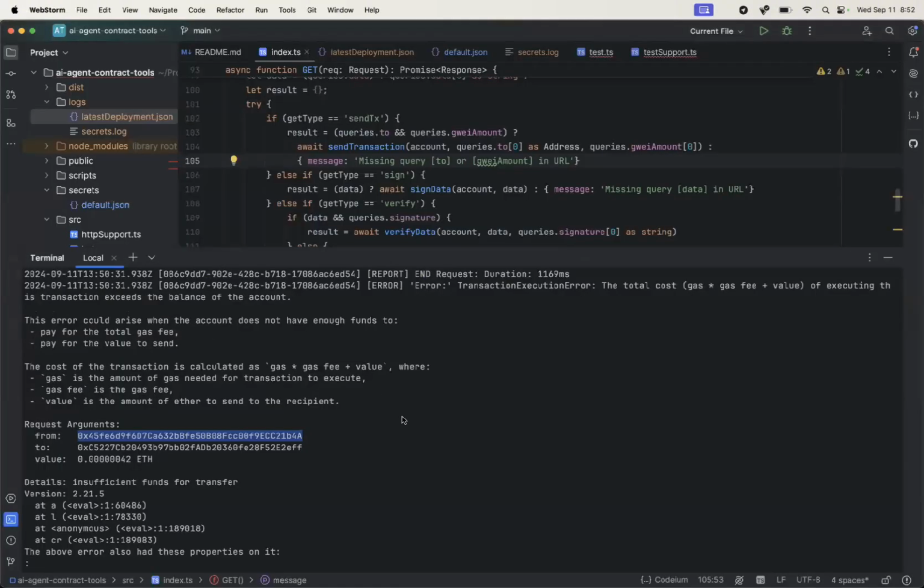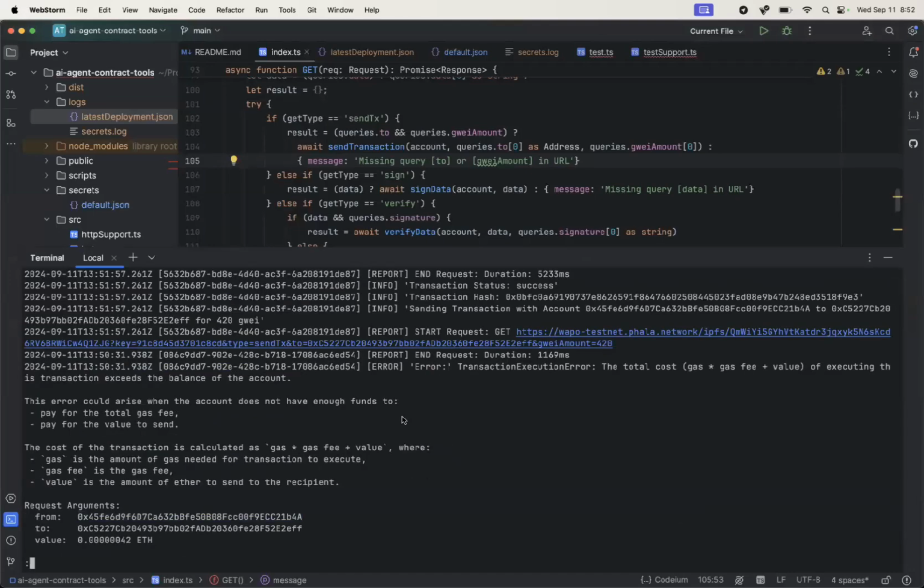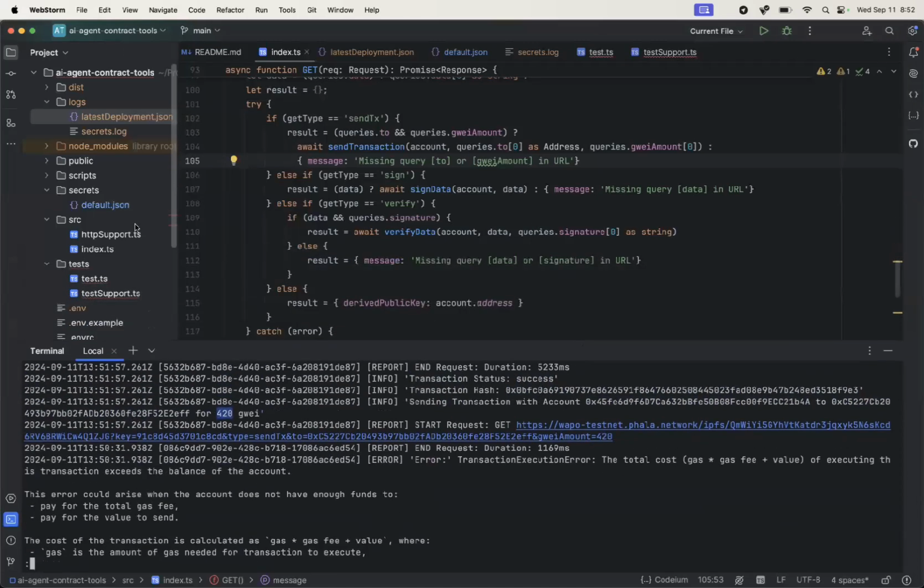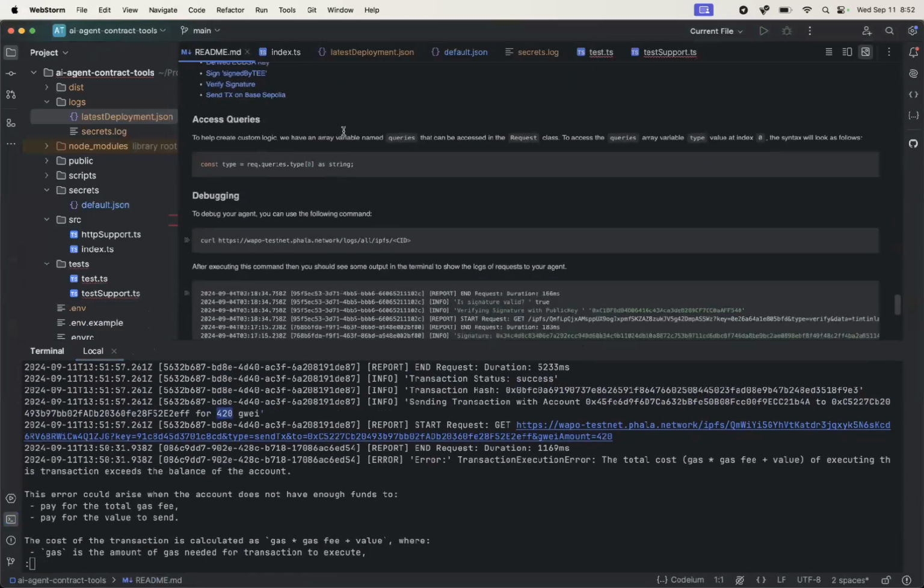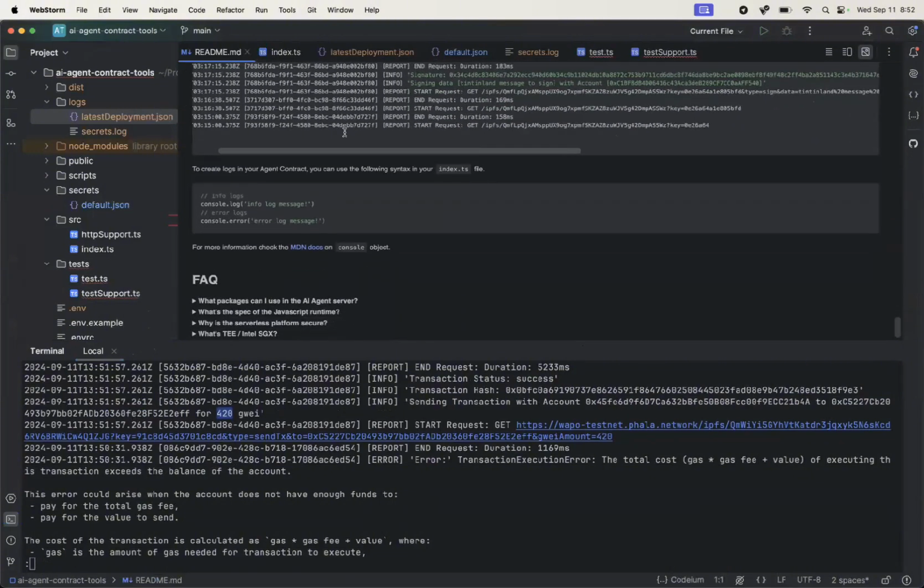And if we go back here and look at the logs, then we can see the logs that we printed out where we get the success, the transaction hash, the information sending with account here, the derived account, and the test account that we want to send 420 GUI to, and then the GET request as well. Yeah, so that kind of concludes the AI agent contract